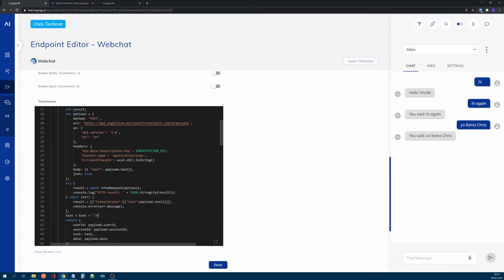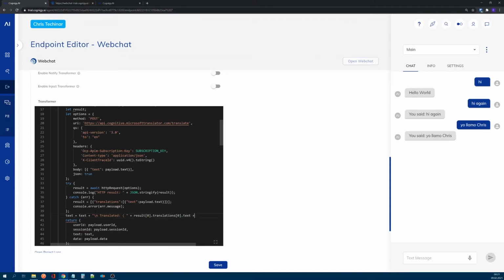So let's add a line break here, and then we say translated is the result at the position 0 dot translations at the position 0 dot text.